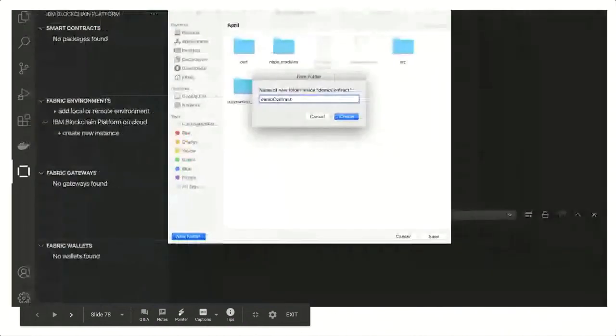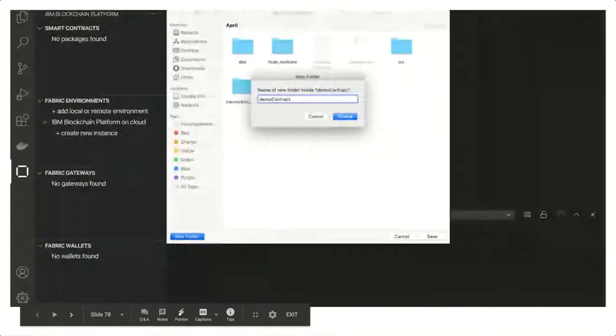Just for consistency purposes, for your demo contract, I would follow suit. I haven't had issues naming folders with numbers, or adding any numbers to demo contract or any other name for your location where you're saving your project, but I would avoid numeric values if possible.